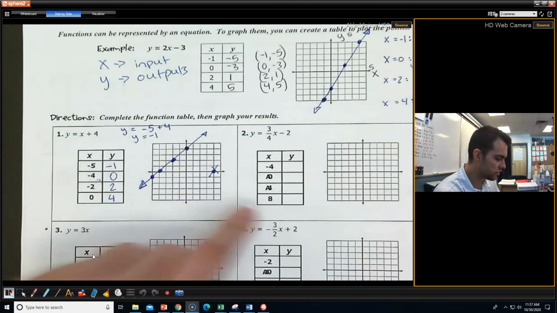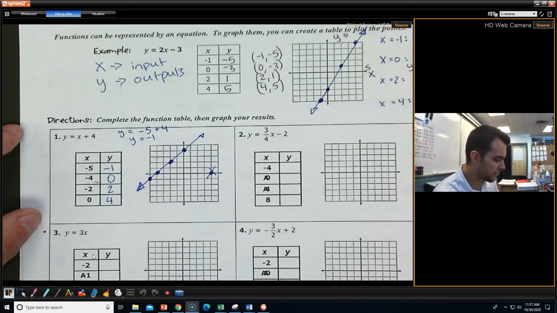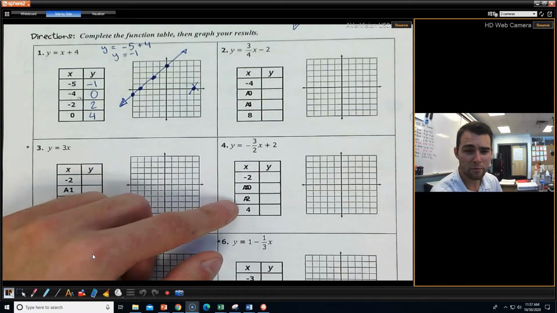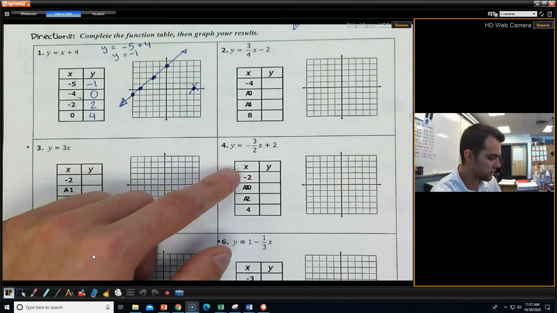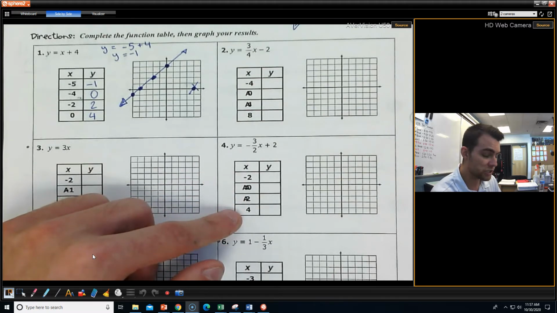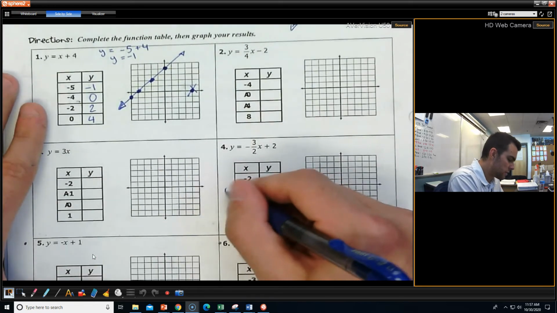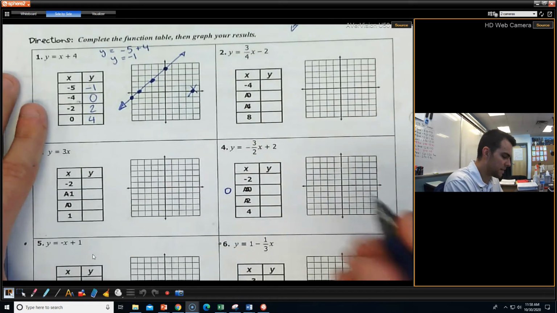We are going to do number 4 next. Now, number 4, the printing. I don't know what happened with it. The printer just kind of took a crap on us. So what we're going to do is we're just going to change those up. We're going to pick what we want. I'm going to pick 0, and I'm going to pick +2